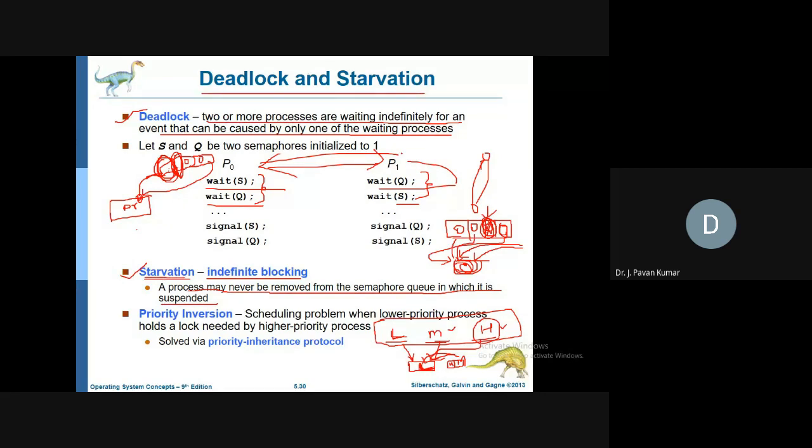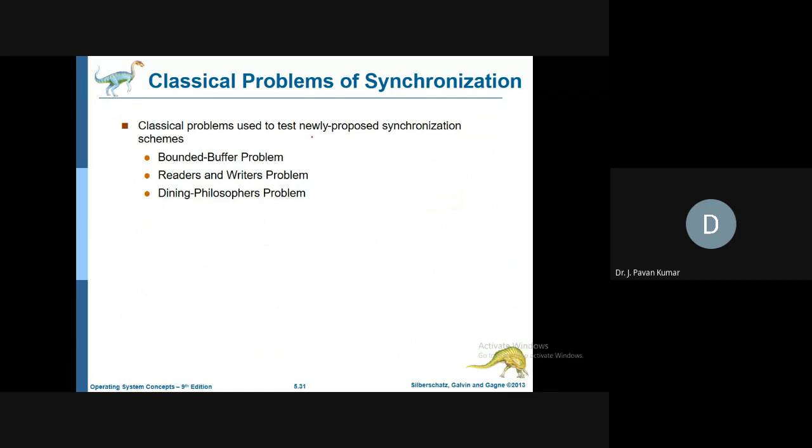Next, we are having some classical problems of synchronization. One of those problems is the bounded buffer problem. Another one is the readers-writers problem, and the dining philosophers problem. Why we are discussing only these problems, that I will clarify. But after completion of these three, try to understand the intuition behind this. I will give the justification why we are discussing only these problems. Are these the only problems we will have in synchronization, or will any other problems be there? All these things we'll discuss at the end of the discussion of these three.